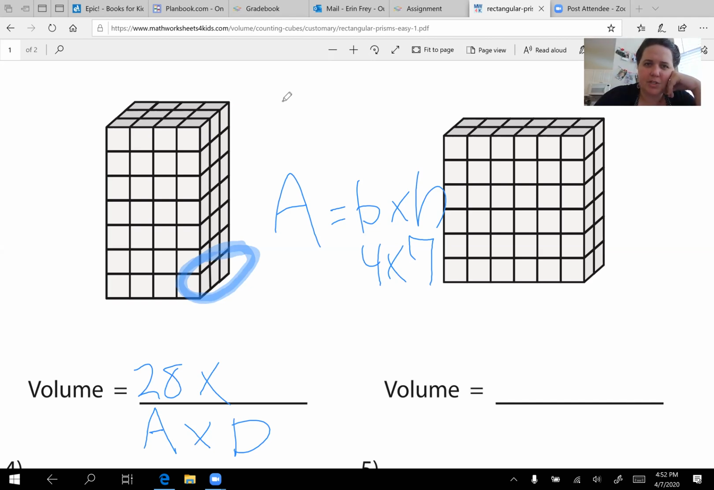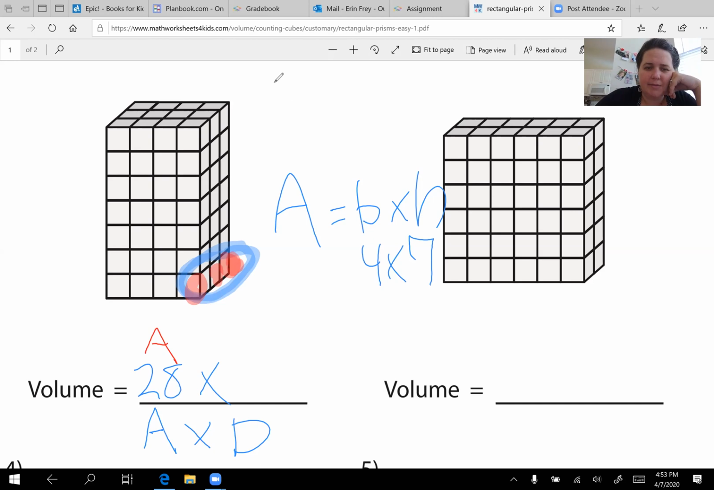Well, I see, let me change my color here. I see 1 layer, I see 2 layers, I see 3 layers, right? I know my dots are not in the right place. I see 1, 2, 3 layers. So now I can change back to my pen and I can say, well, my area of my face was